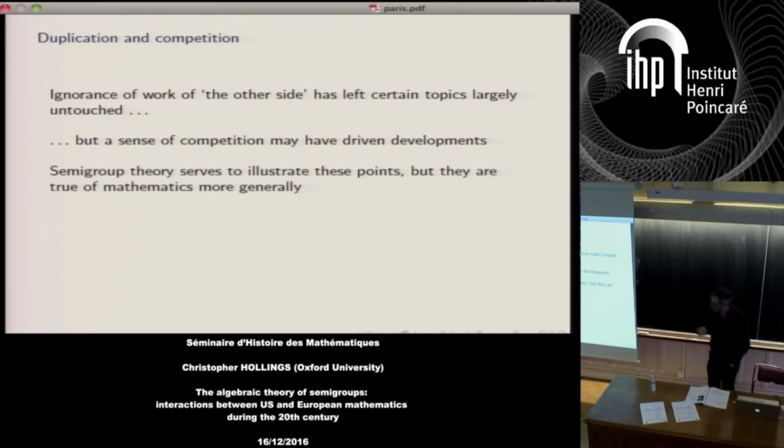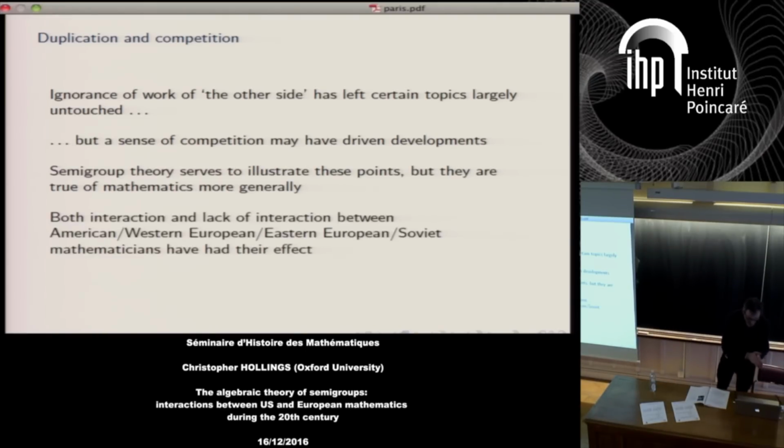And the reason that I go on about semigroup theory so much is that I think it's a theory that really serves very well to illustrate this development. Certainly this east-west divide, but I think it also provides a nice example of the overall theme, the US-European interactions. Probably because it's a theory that developed over the course of the 20th century, particularly in the second half of the century, so that relates more to this theme. But certainly it's not simply a question of interaction, there's also this question of a lack of interaction, which I would argue also had its effect on things.